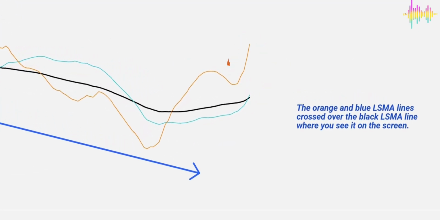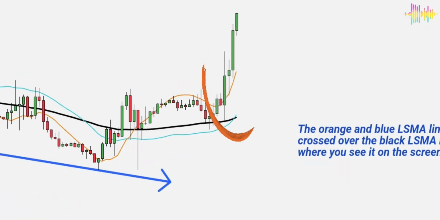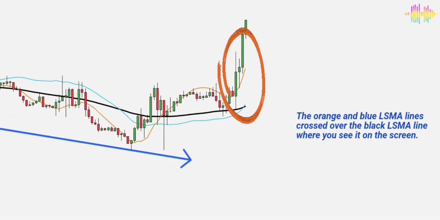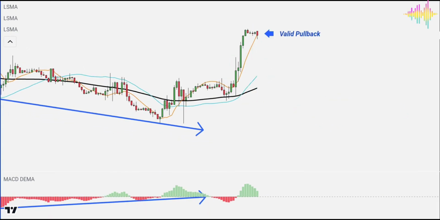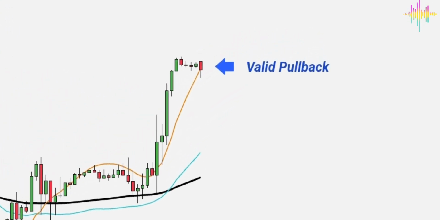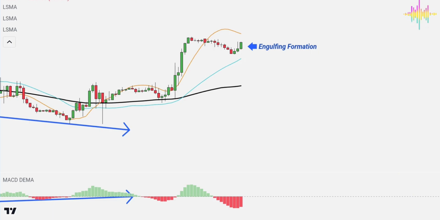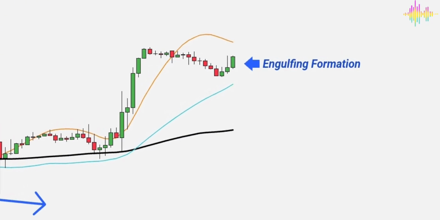After observing the positive divergence action, we are looking for both the orange and blue moving average lines to cross above the black moving average line. A single line crossing upward is not sufficient. After both upward moving lines have crossed, we expect a valid retracement movement in the candlesticks, which we can see on the screen. Following the valid retracement movement, spotting a bullish engulfing candlestick pattern confirms that all conditions have been